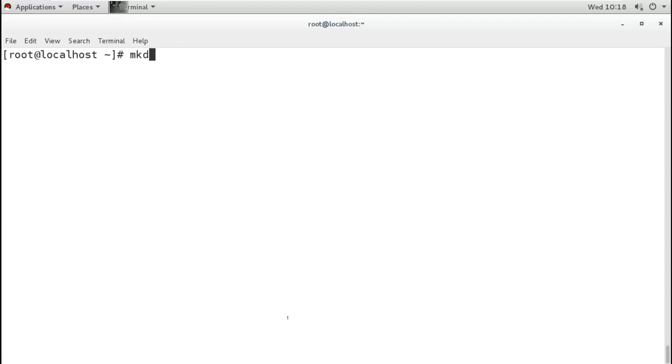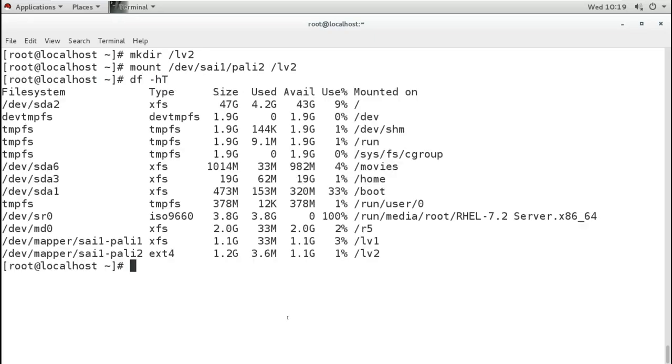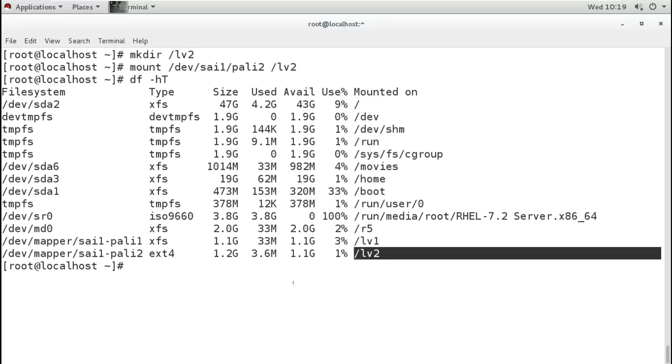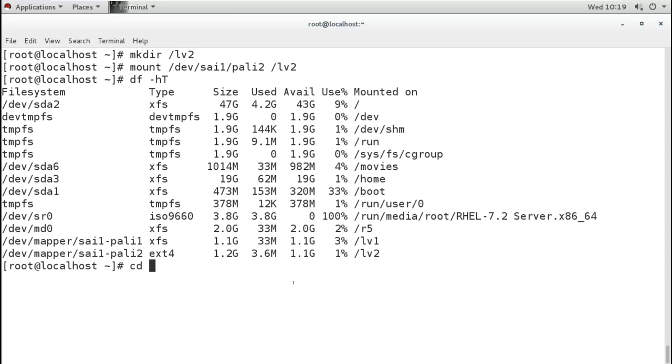Now I will create one directory, let's say lv2 under the slash, and then I will mount it on lv2. We can verify by using the df -h command, and it is showing here that it is 1.2, that is 1200 MB, and it is mounted on this directory. I will create some data into that.